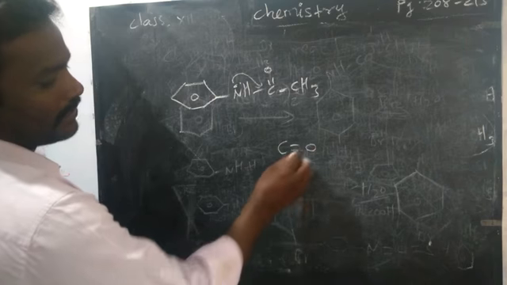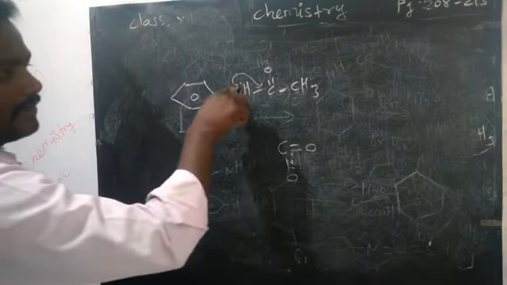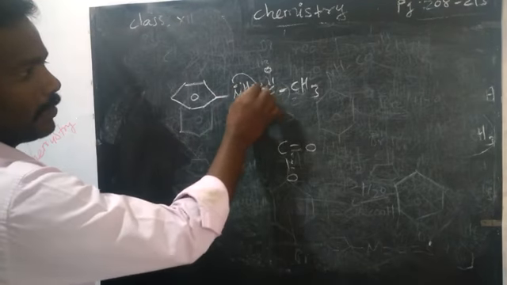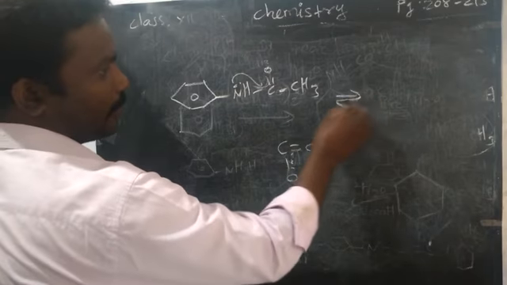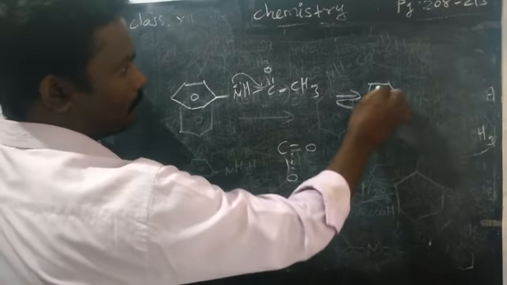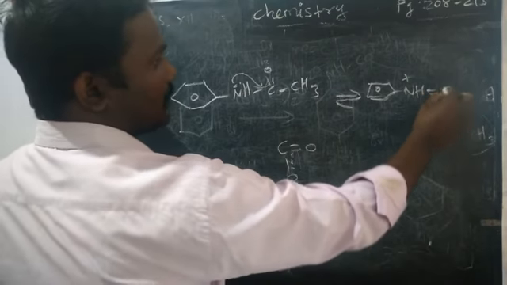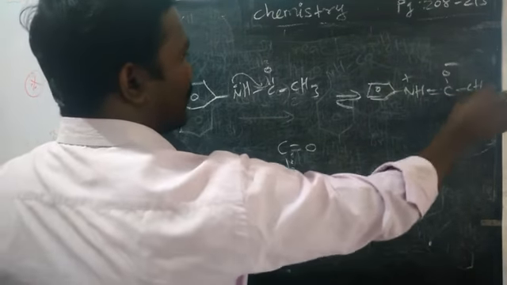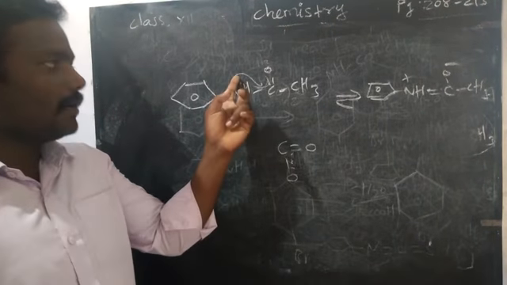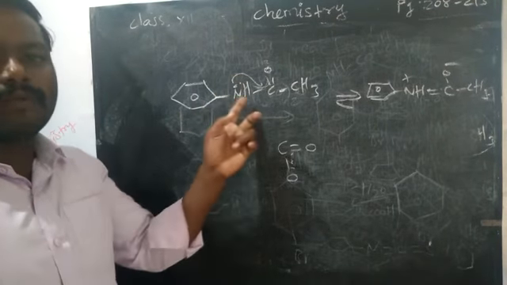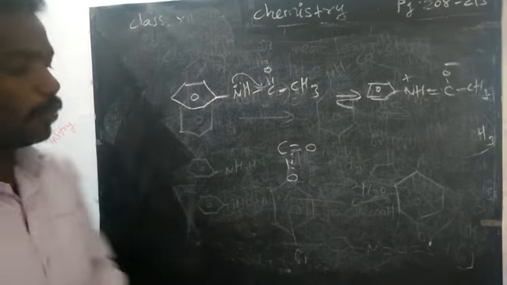Suppose you have oxygen, then this electron can migrate to both places. These electrons can delocalize here, and because of that, it may produce NH double bond, plus charge, CO minus. Because of this formation, it is more stable. The lone pair of electrons will not come inside the benzene ring. Because of that, we can selectively brominate.